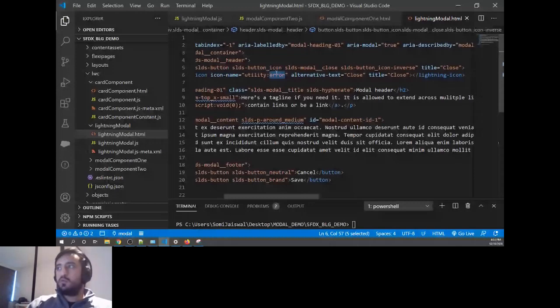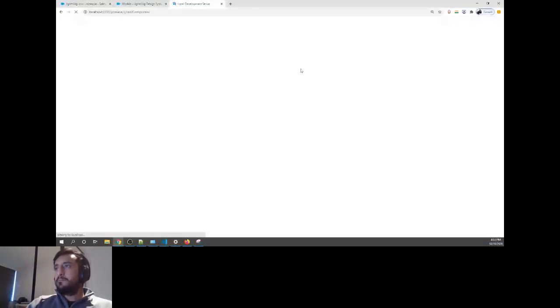Let's go to our code now. Here it was an error, now it's refreshing. It will show us the close icon soon. Now you can see it's a close icon, but it's still not white color, it's gray color. So let's change the variant quickly.